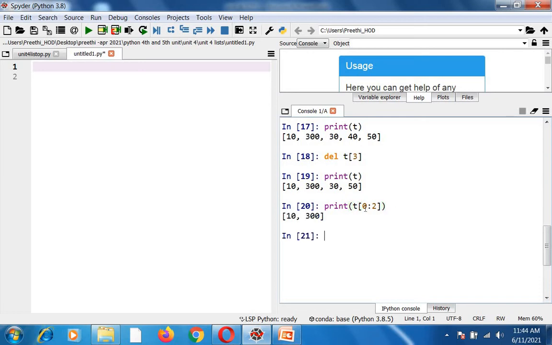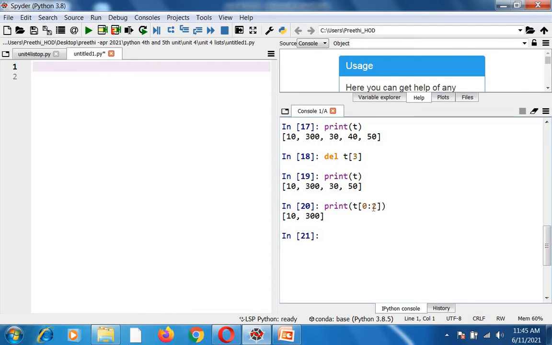What I have done is I have given a slicing with the help of an operator called colon over here. This colon will slice the values from the list. Here the starting index value I have given is 0, and you can see that I have given 2 instead of 1. So in case of the slicing operator, you have to give one value extra. Suppose you want to access the elements 10, 300, 30, you should give 0, 3. This slicing operator will start from the starting value and go till the end value. It will not include the ending value.